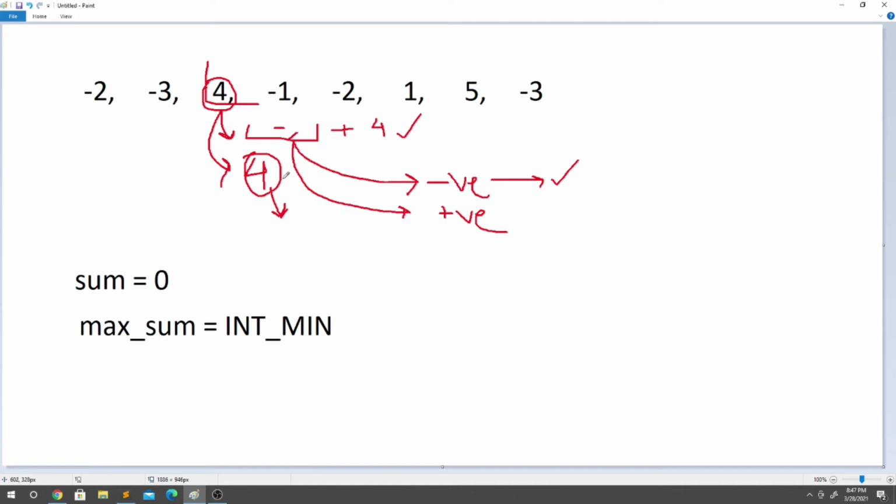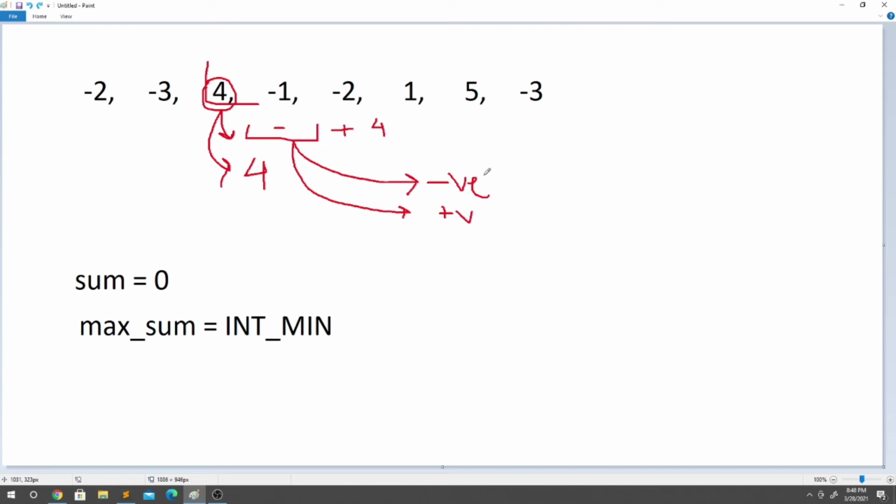Right? So in that case, we will just choose this if that is coming as negative. So this is the logic behind Kadane's algorithm: whenever we are getting a negative sum from previous subarrays, we will just replace that negative sum with 0. We will replace sum with 0 and we will start our subarray from that particular element from where we are getting a negative sum. So this is the main algorithm that we will follow.